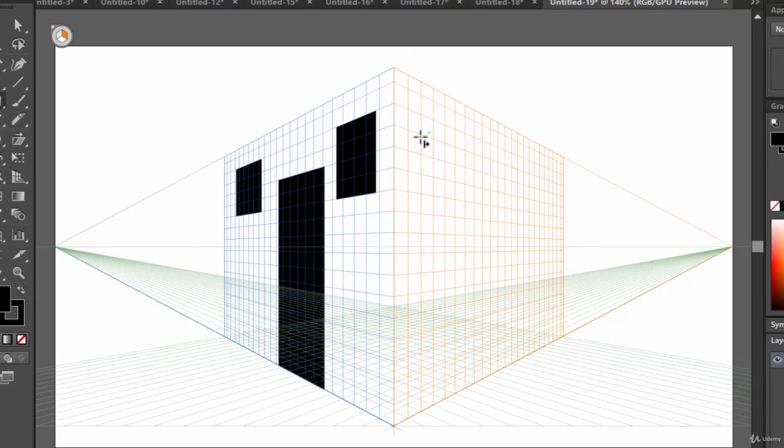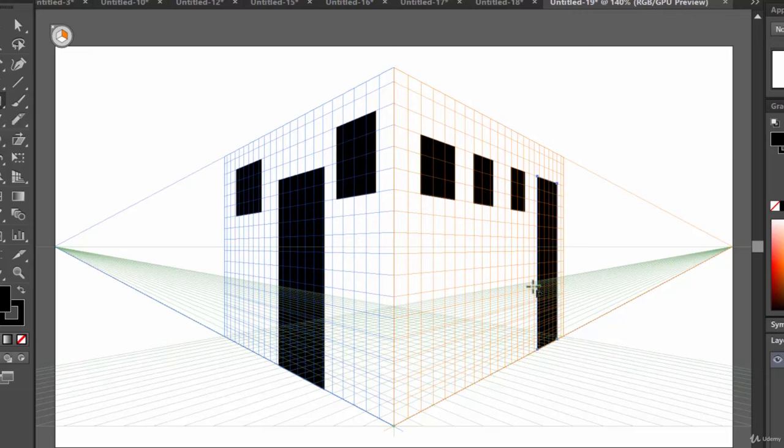Let's draw a window here, another window here, say another window here, and a door.